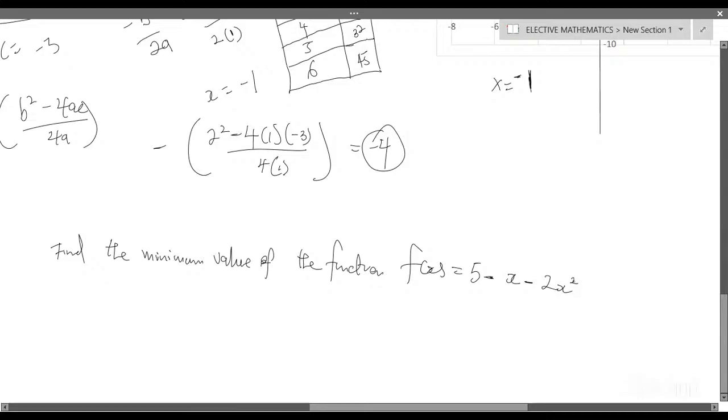So this one, we've just tricked you. You realize that this is a quadratic equation, but the pattern is different. Instead of me beginning with ax squared plus bx plus c, I began with the c and I brought the x before the x squared. To find the minimum value of the function, and where it occurs